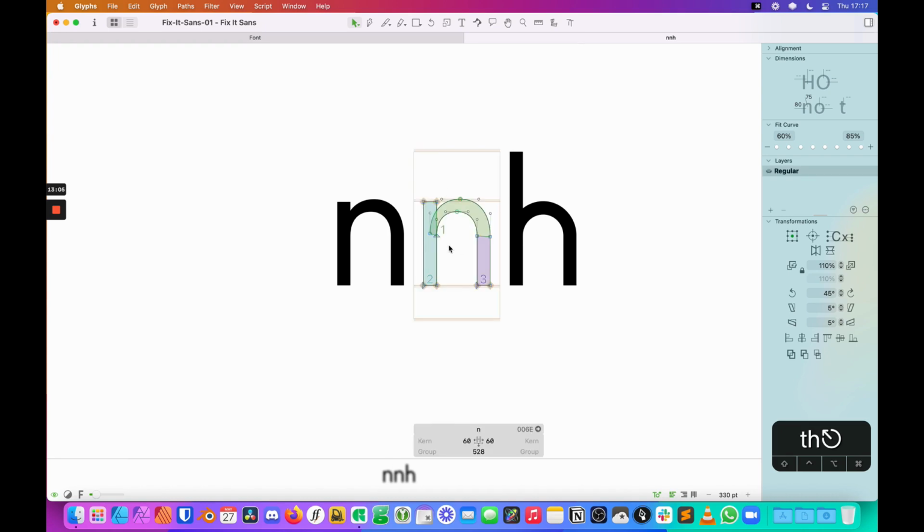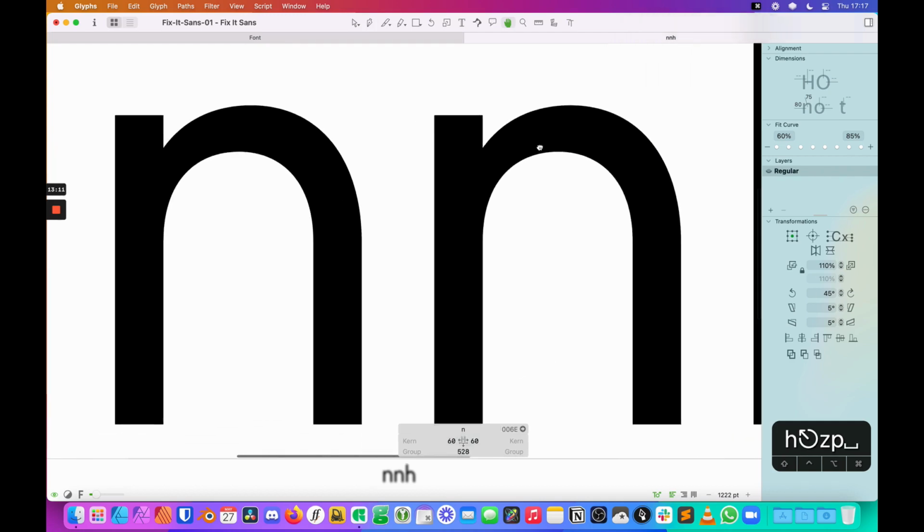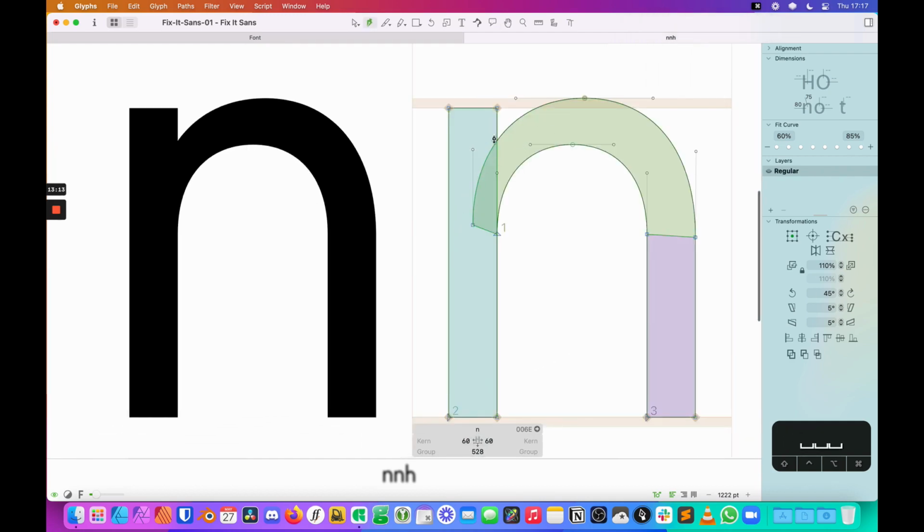Now, specifically for the N, this isn't really something that you can do with the H, but something that you may consider if you're looking at this space where the two lines meet. If you're still not happy with how this is shaping up, or maybe you've determined this might be the style for your letter, sometimes I like to add a point hidden behind this horizontal stroke that's coming in. And if I grab this top point above here and just nudge it over a little bit, you can move this around a little bit. It opens up this notch a little bit more.